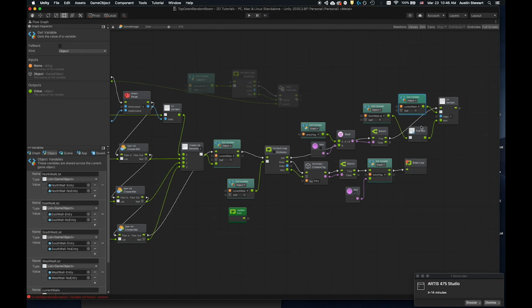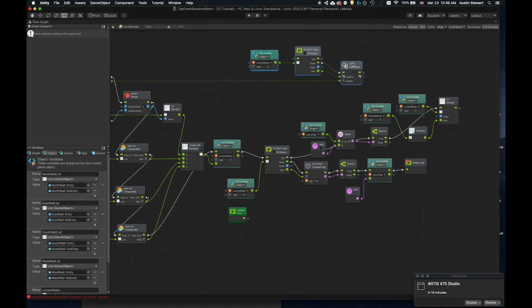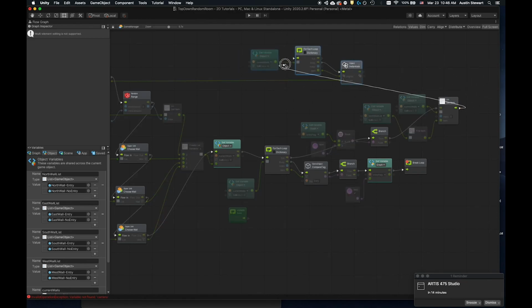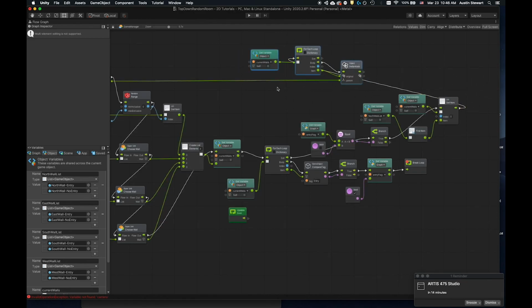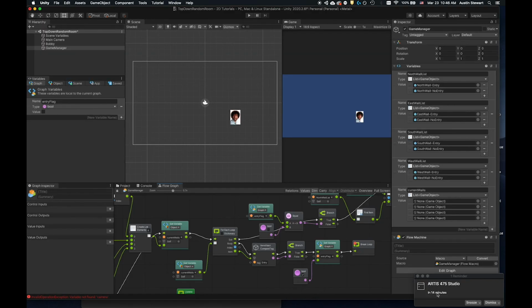But initially we need to make sure that we don't box our player in, which would be hilarious, but they might be a little irritated with us for doing that. Okay, and so then what I can do is come over and reconnect this. Now this is getting a little nasty, but that's all right. So let's go ahead and just double check and make sure that this works,